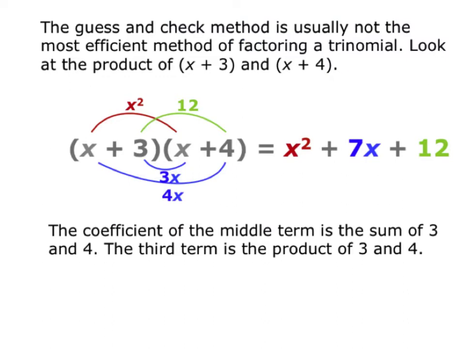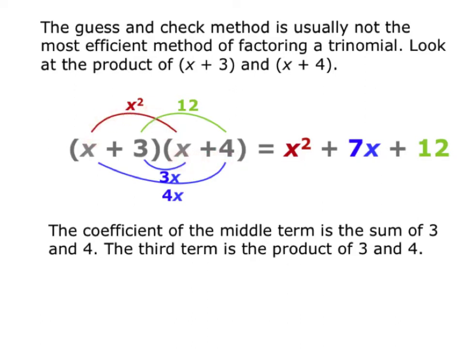Okay, the guess and check method usually is not the most efficient method of factoring a trinomial. For example, if we look at these two products, x plus 3 and x plus 4, and I distribute x plus 3 into x plus 4 and multiply these two binomials together,